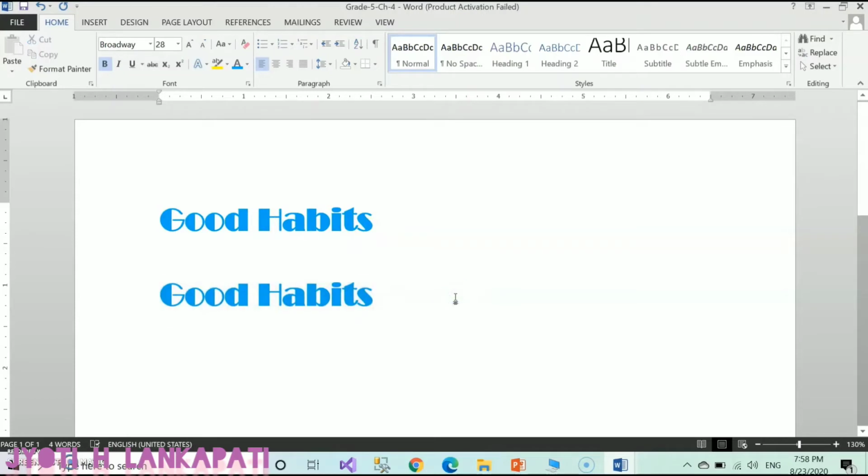Okay, so there is no need to apply all the effects one more time. There is an option available, Format Painter. By using that, you can copy the formatting effects of one selection to another. Format Painter is a toggle button. Toggle means what?